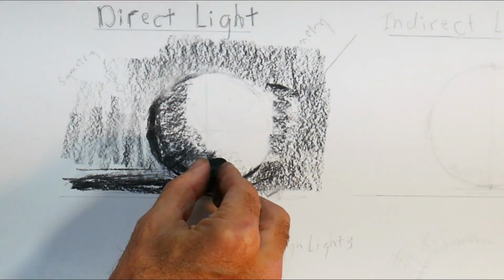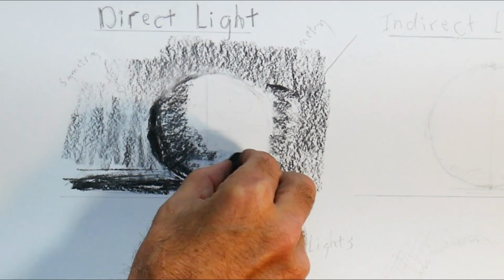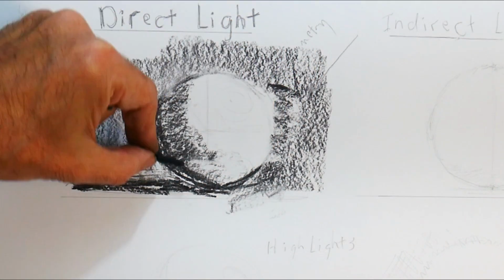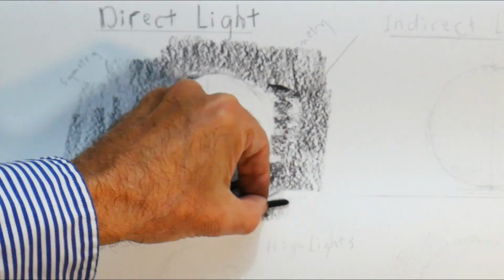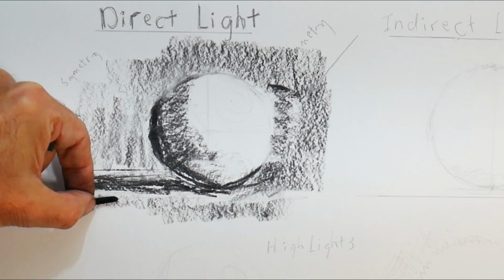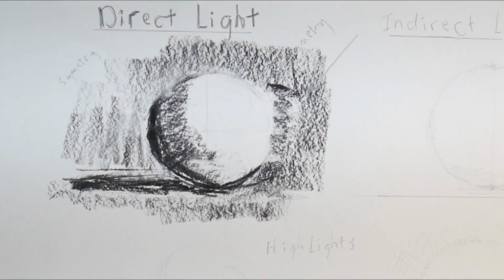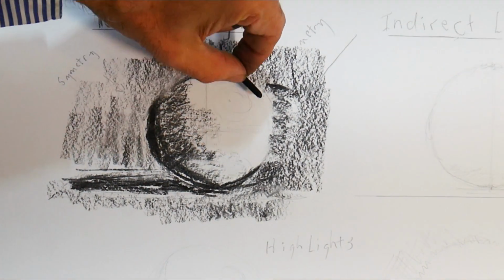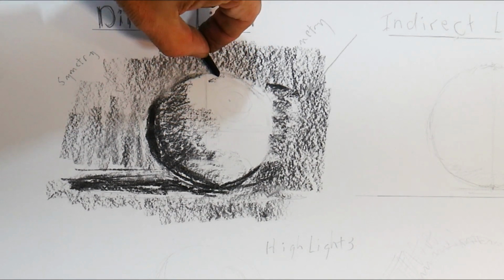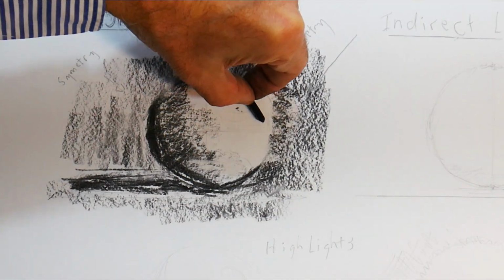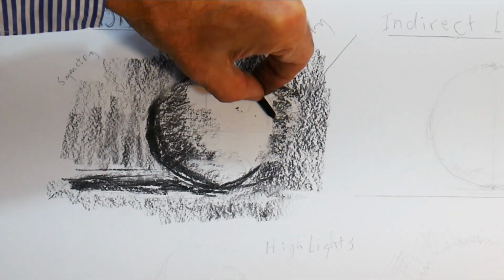And we can put in a little bit of a reflection under here. Remember there was that little reflection. And then there's some darkened areas right around here underneath. And then usually on the edges, it's just a tiny bit darker than right where we're seeing it in the